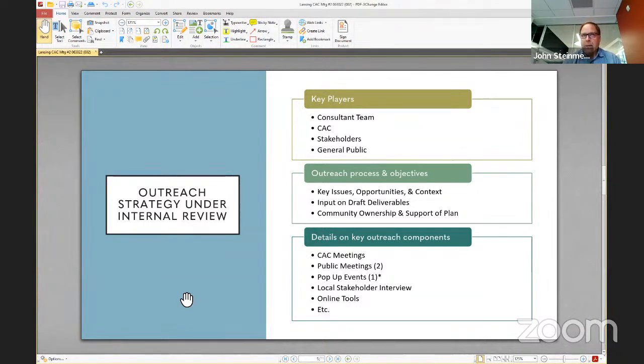Some communities add decision makers, elected officials, et cetera, as a standalone bullet, because obviously they're a key player. To us, it's kind of inferred, but we're happy to add those if you think that makes sense, just to dot our I's and cross our T's a little bit differently. And are there any other key players that we should reference in this document?